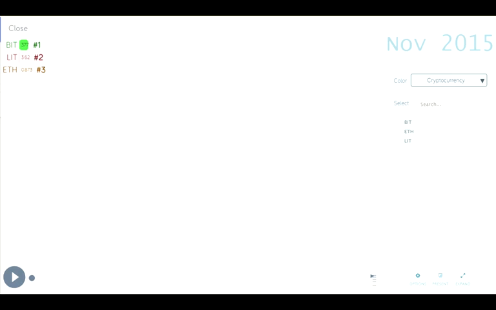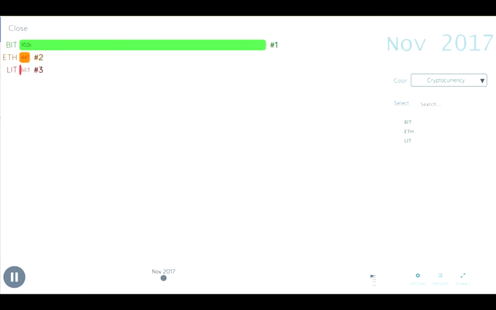So maybe it will be easier to see that as an effort to study the number 2 most popular cryptocurrency. Maybe we can do a little animation in the ranking chart. And Bitcoin obviously is jumping very fast in terms of price. But Ethereum seems to be maintaining number 2 right after about 2017. So in terms of the price, maybe Ethereum will be a better choice.